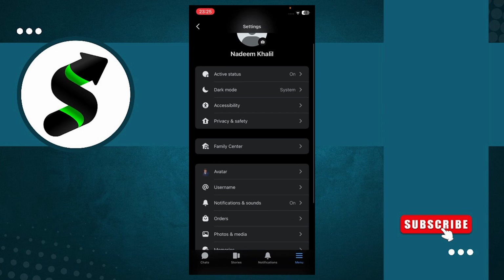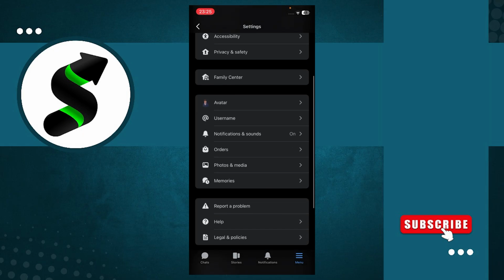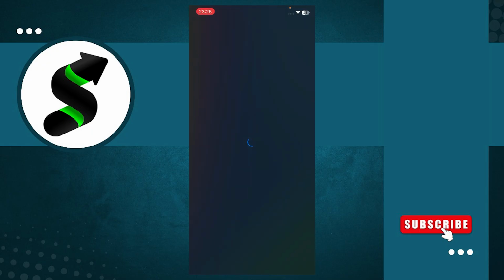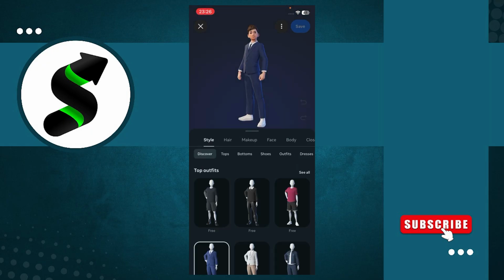What you have to do is simply scroll up until you see this avatar option over here. So simply click on that and then you will come to this page and you will see your avatar in this black screen, and you have to simply click on edit avatar, and then you will come to the edit avatar section, and you will see over here on the top beside the save button